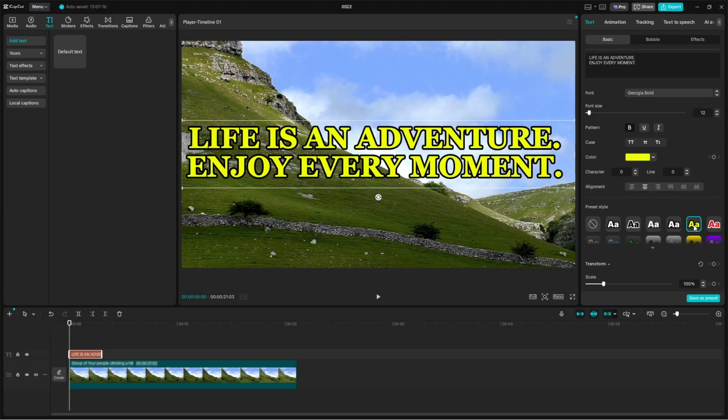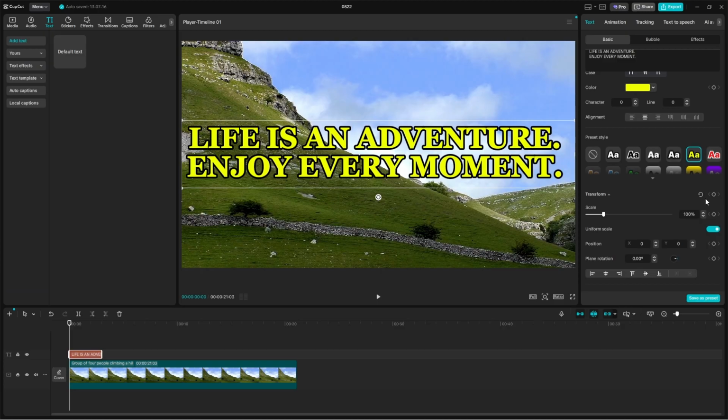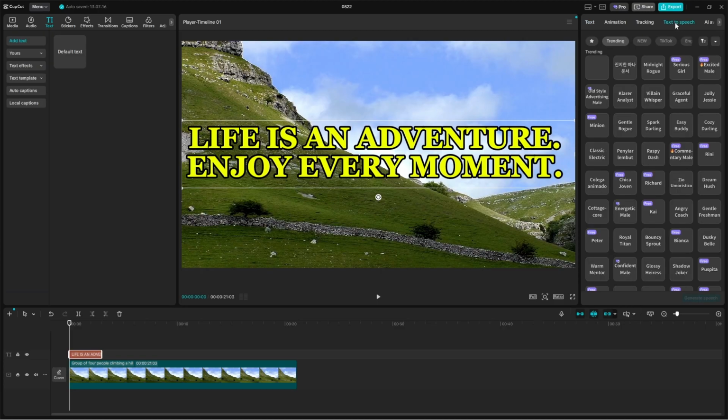After your text is ready, move to the top right section of the interface and click on Text-to-Speech. CapCut will then display a list of available voice options that can be used for the generated audio. Some voice styles may require the Pro version, while others are available without it. Click through the different voices to preview how each one sounds, and continue testing options until you find the voice